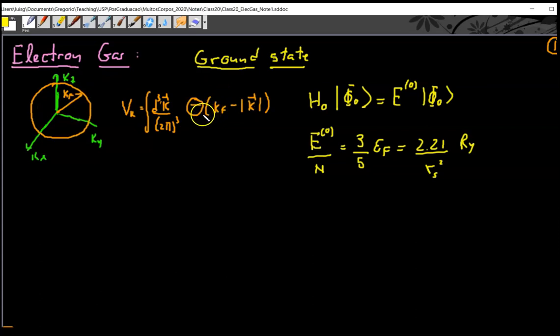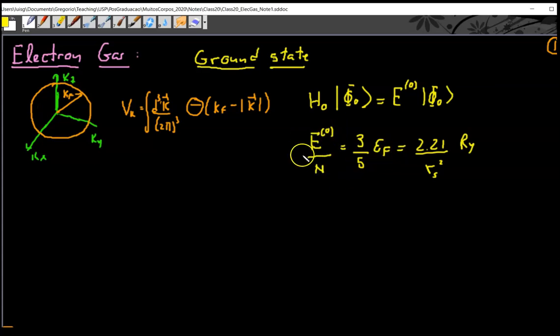And we use that to, say, calculate the free propagator for the electron gas before. We're going to see that later in this class. But this is the ground state. So if I apply my non-interacting Hamiltonian to the ground state, I get the ground state energy, which we already